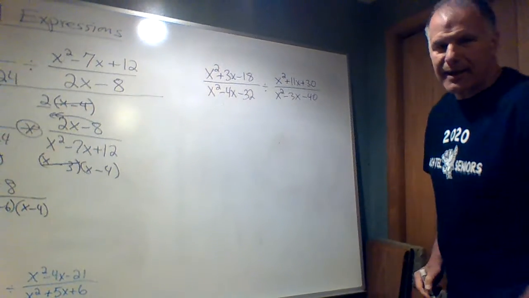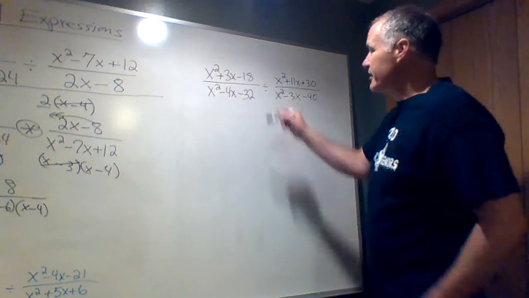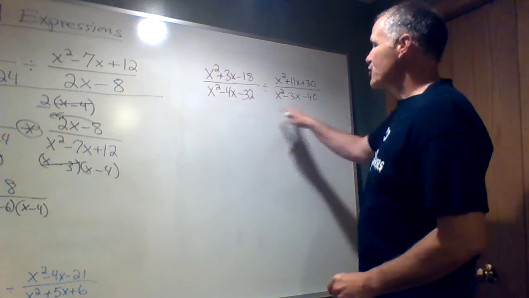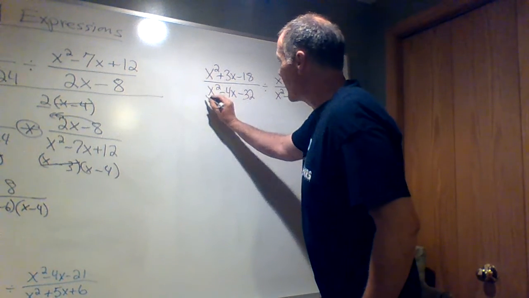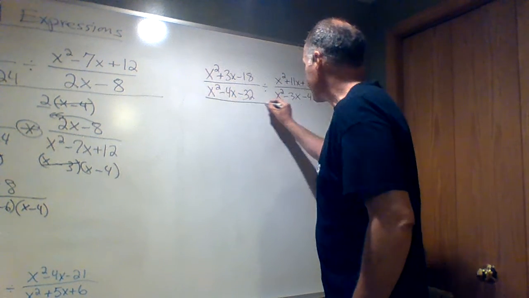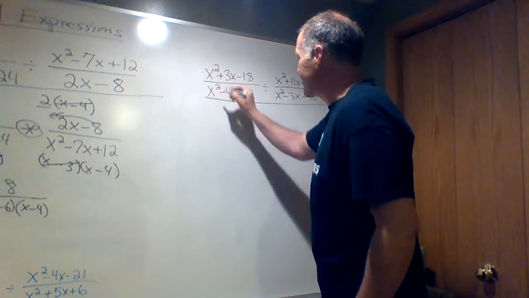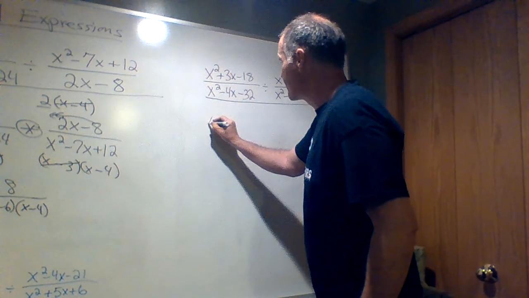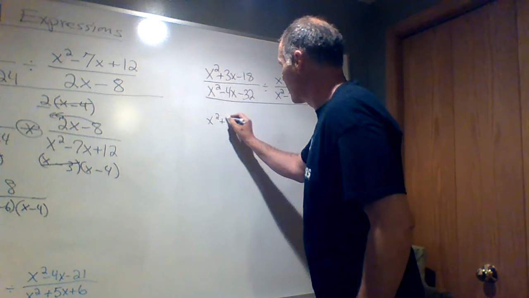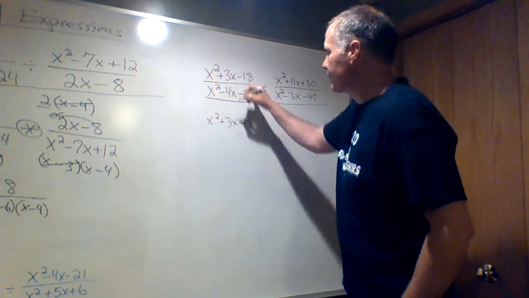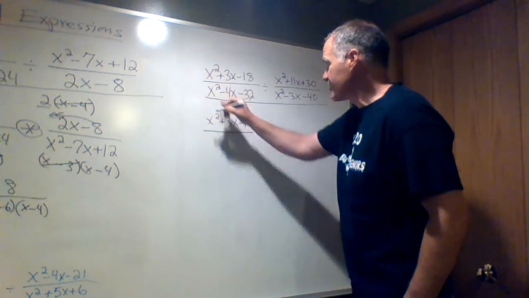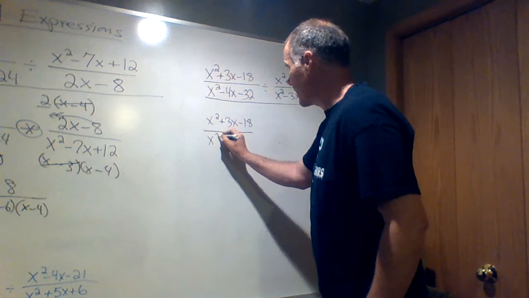Okay. Now you can see I'm still doing division. It's just, okay, everything's a trinomial. But again, just like the last one, I'm going to put a little line separating. I take the first fraction. Remember, it just comes down. It doesn't change. So the first fraction,